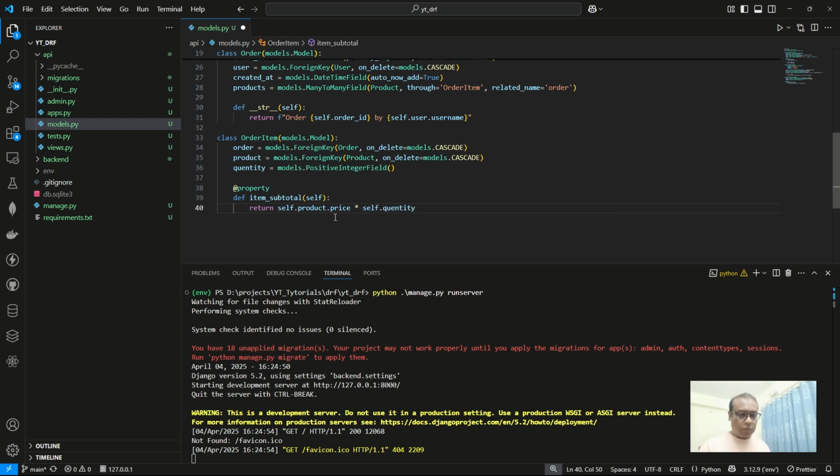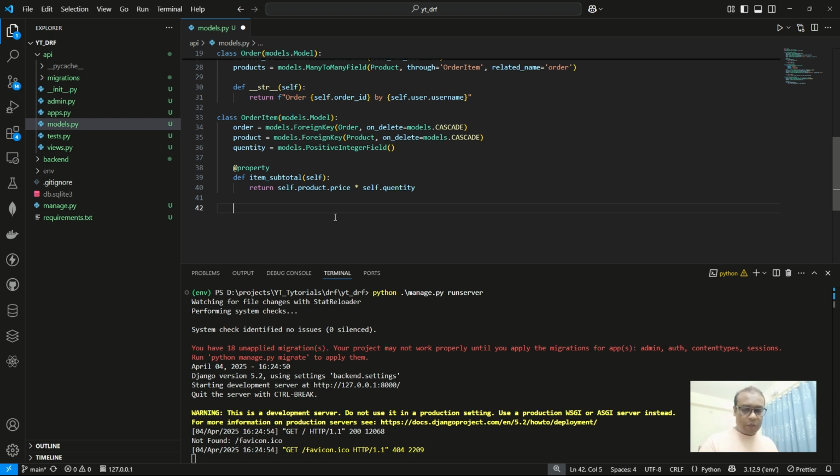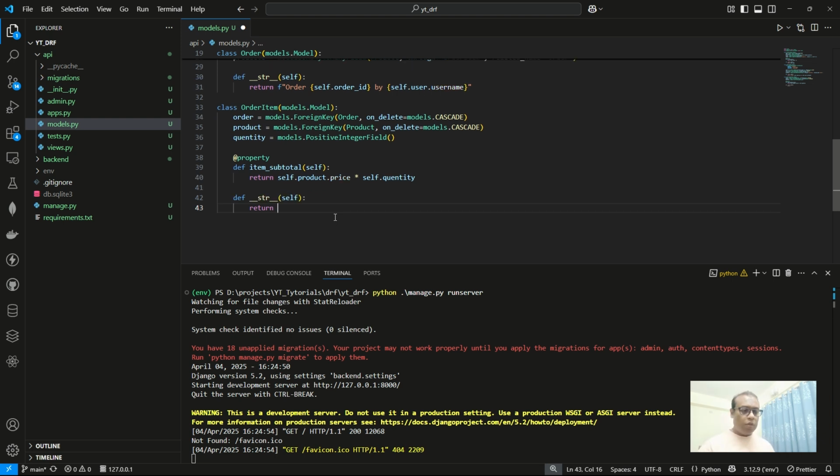Okay, now I'm going to define the string method. What I'm going to return is what product is ordered, what the order number is, and what the quantity is. So let's use the string method: quantity, product name, order number,